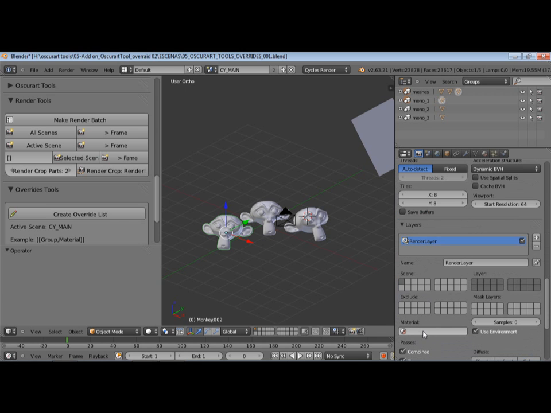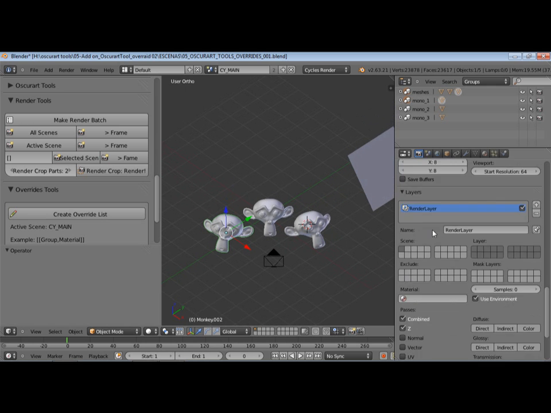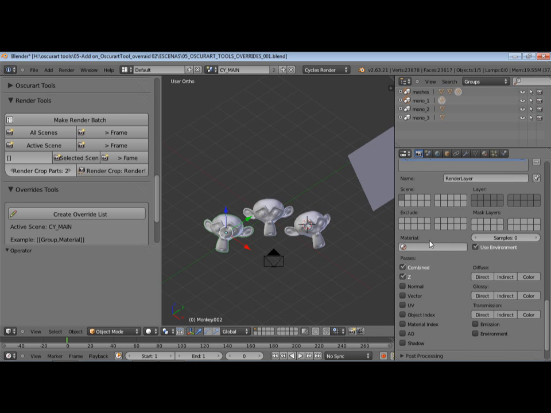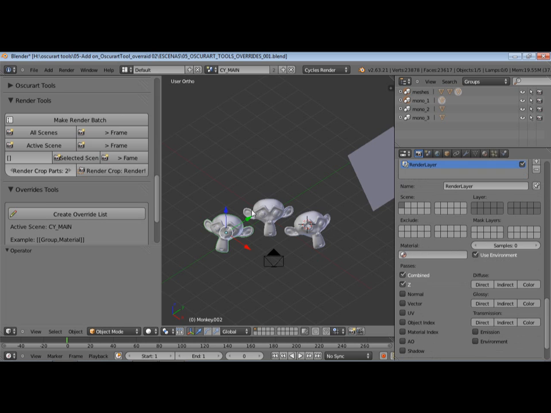And this is valid, but the Oscurart tools allow us to change different materials not by layer. Instead of that, it allows us to change it by group. So in a single layer, we can override different materials on different objects. And for this to work well, at least once you have used to use this, it's very